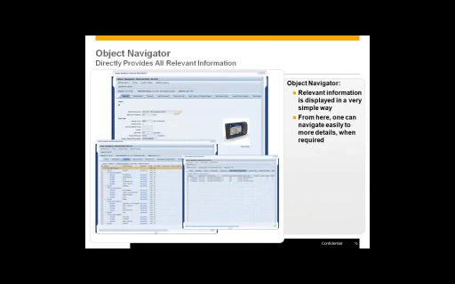Recognizing that folks are going to need to have access and want to research information within the system, we provide what we call the Object Navigator that provides the ability for users to perform their research, to look at an item, drill through, drill down, drill around, find relevant information on that item, and then when necessary, drill into the specific details